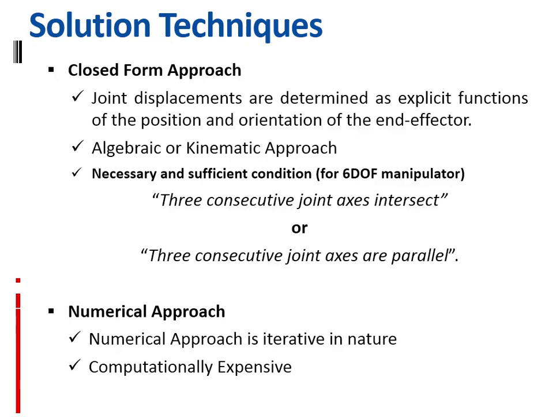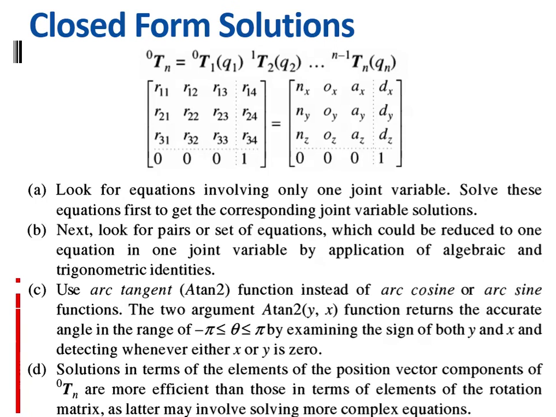So in our course, in the present case, we are only going for the closed form approach, and we are not going for the numerical approach, because it is computationally expensive and requires a computer system to solve the equation. Also the solution is very slow. The Newton-Raphson method is one type of numerical approach you can apply, but it is very difficult to solve manually. So we require higher computation power for this.